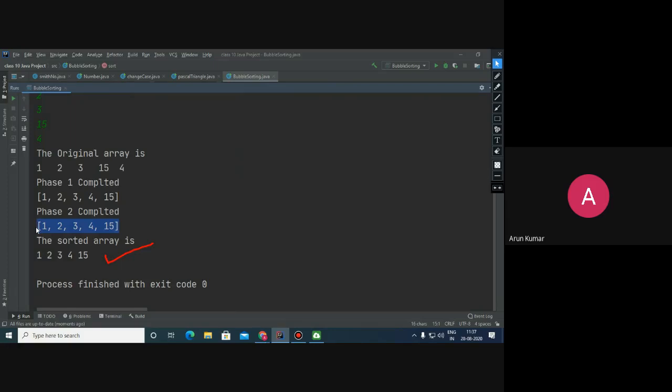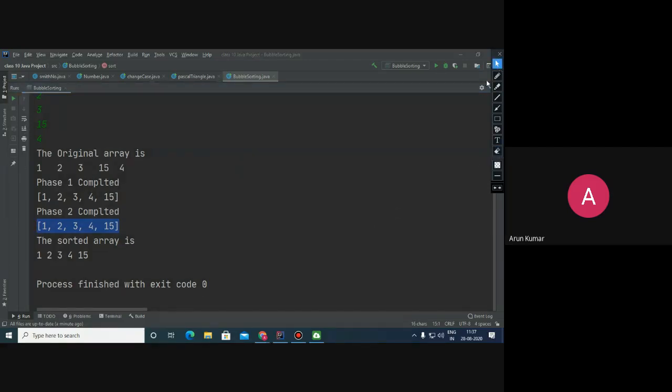So we need one extra phase to check. And when we assured ourselves that it is sorted, immediately we stopped. So children, this is bubble sorting.